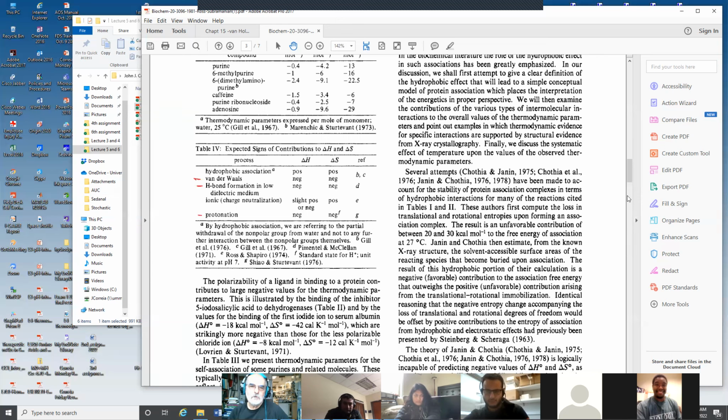When you have protein-protein interactions that are slightly positive, then those must be coming from the hydrophobic effect or maybe from charge neutralization ionic interactions. Okay, and so the idea is that when you have protein-protein interactions,